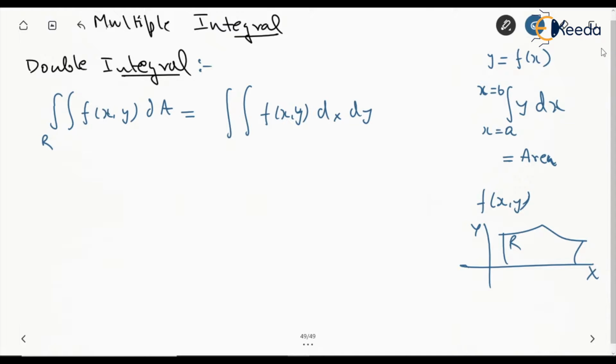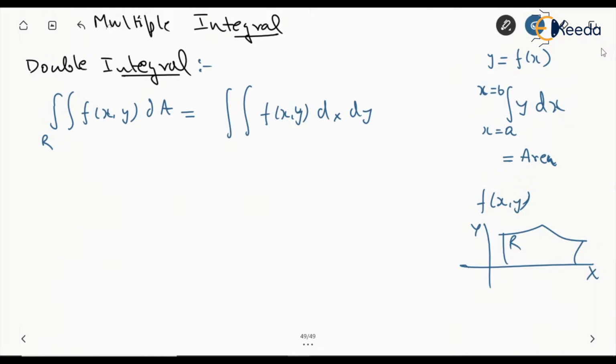So basically what we are going to do is divide it into small rectangles, like we used to do in single variable integration. Those will have some area, and then we will integrate it for the other variable, which will finally give you the volume.